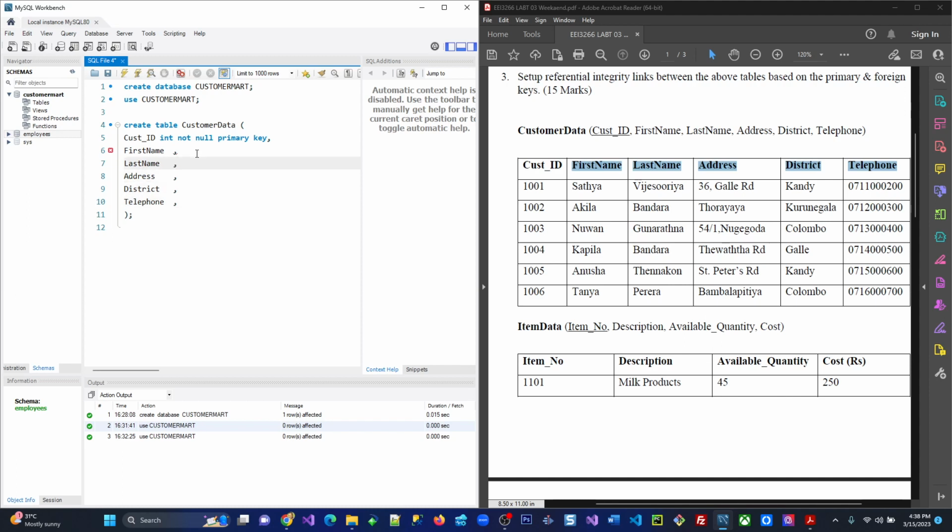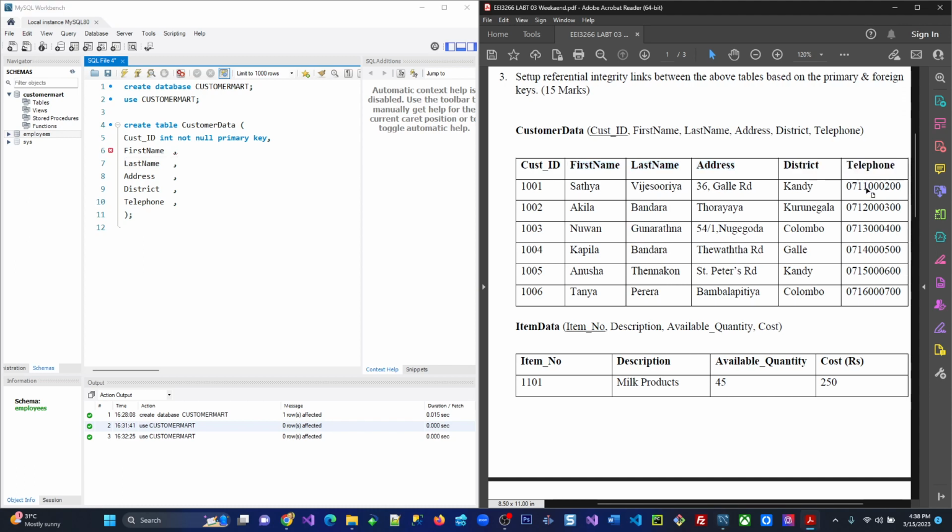Now you see the others, all of them are actually characters because for telephone, I don't want to use integer numbers. Integers cannot hold it, right? Because it's a very big number. And if you use float, what will happen? There will be decimal places. So I don't want to use an integer number or decimal places. Here I'm going to treat it as a character, I mean varchar. So this is name and this and this and this and this. All of them are varchar. So simply I'm going to say varchar